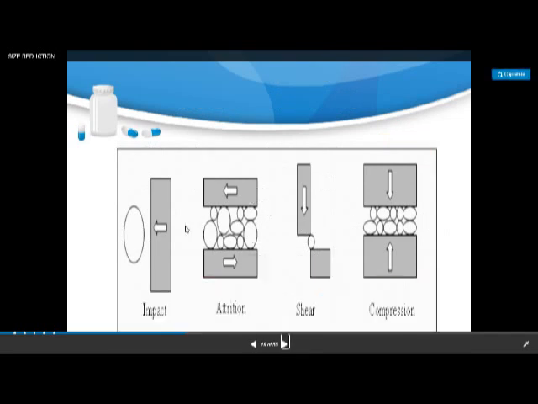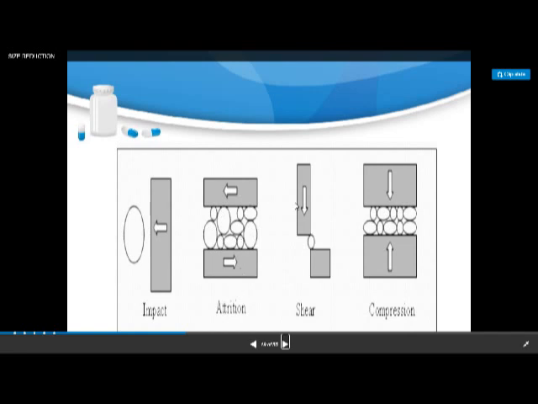Now see here, these are the diagrams. See, this is the impact. This is a stationary surface, and on it the material is going to bombard. We are throwing the material onto this surface, due to which the material hits the surface and breaks. This is the attrition. Now we can see these 2 arrows. Both the arrows are opposite to each other. So these 2 surfaces are moving, and between these 2 moving surfaces, this product is going to crush. This is called attrition.